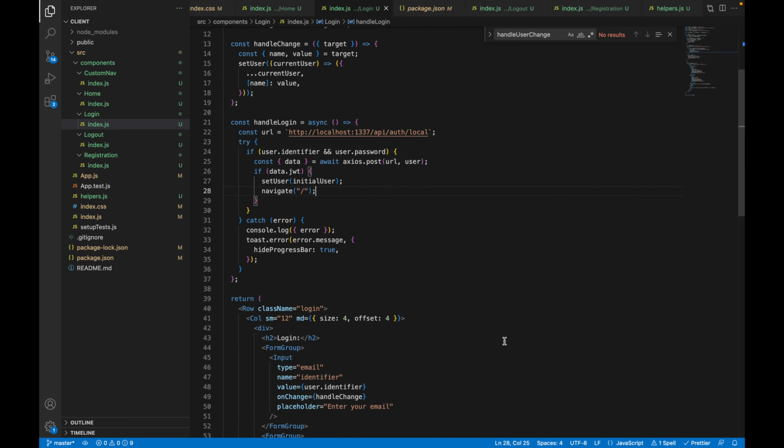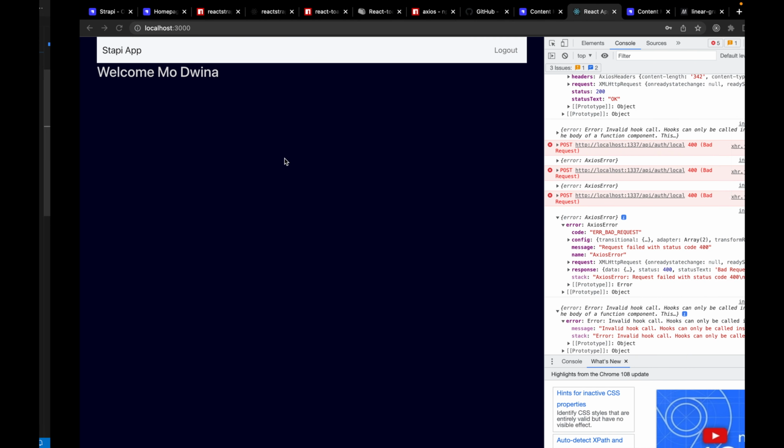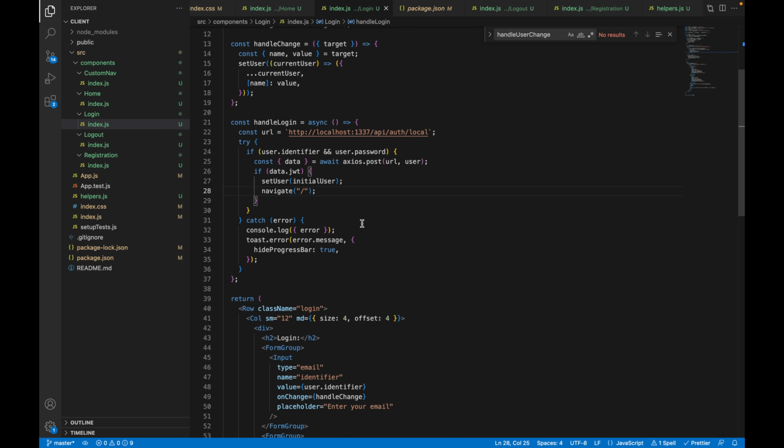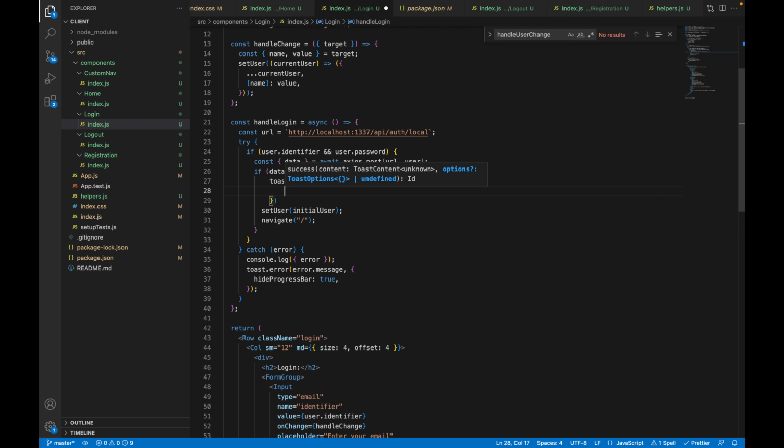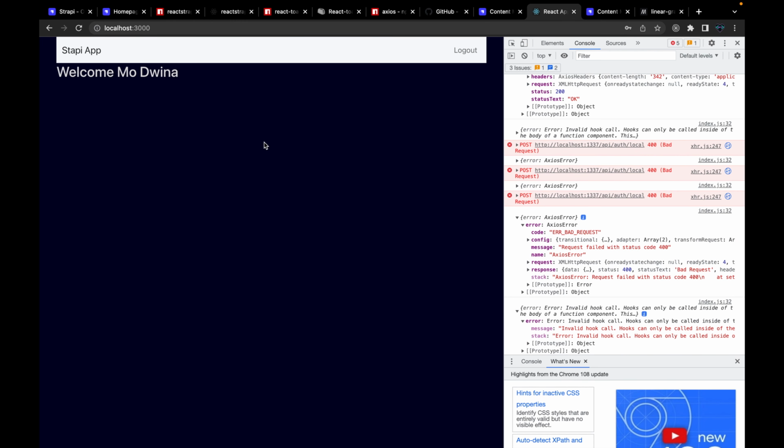And before that, actually, we also need to show a toast notification when logged in successfully to tell you that you logged in successfully, as we saw on the demo. And how to do that, if we go here just before this, let's add toast.success, and the first one will be the message, which we are going to type this time, login successfully, and the second param will be the config, which we need to hide the progress bar. If we save it and now go to